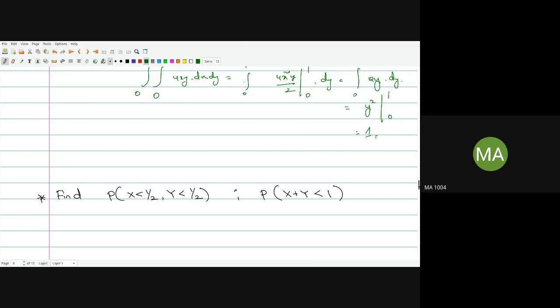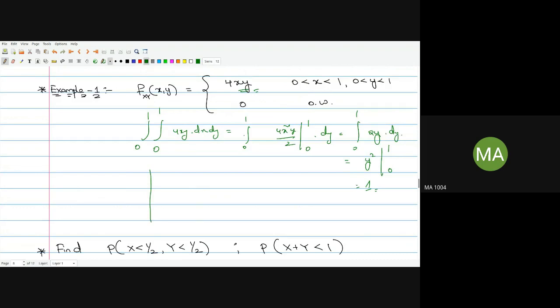So first draw that region. It's good to draw the region. So the region is 0, 1 and 1. So this is a square. But one thing you have to keep in mind, as I already said, there is a third axis which represents f(x,y), and that axis now is 4xy. It will not be a plane, it will be some curve. When x and y take higher values, this 4xy product will be higher. When xy is very near to 0, this product value will be very near to 0.